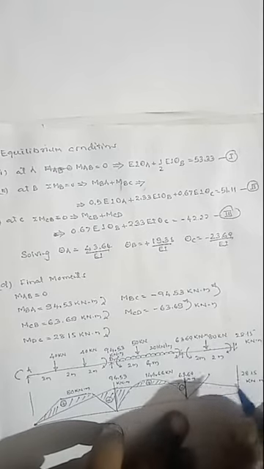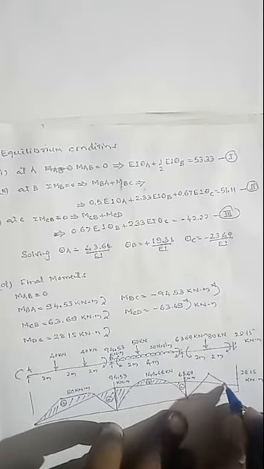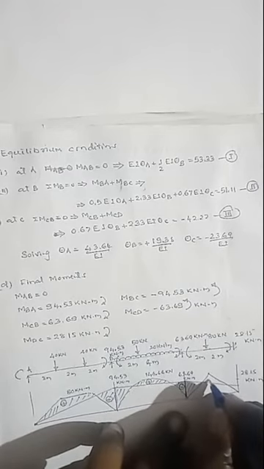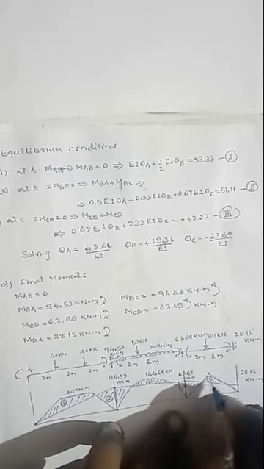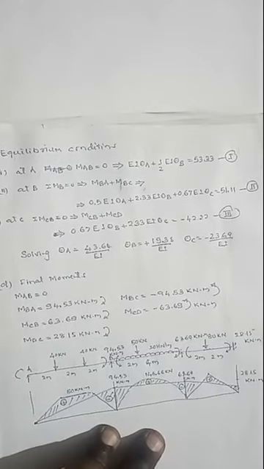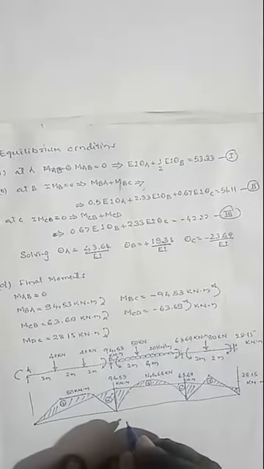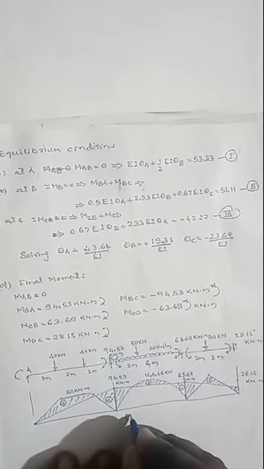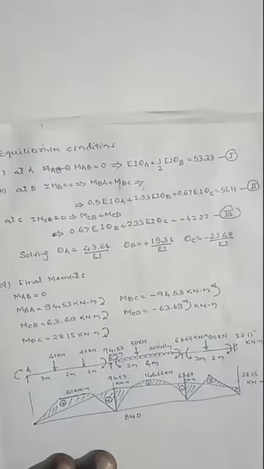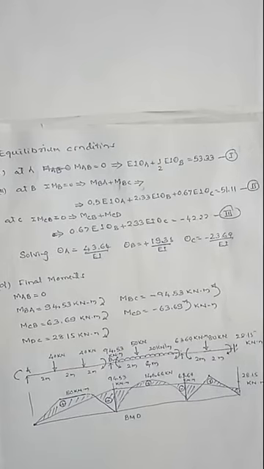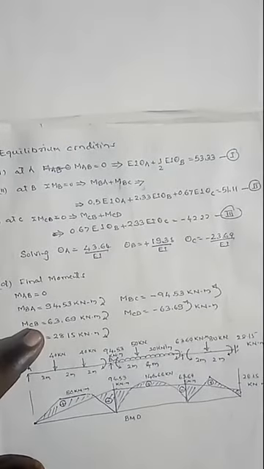The variation of the bending moment is a straight line like this. Here this portion is at support. Usually the bending moment is hogging or negative bending moment. At center it is positive. Then this one is by overlapping both the moments, support moments and the simply supported beam bending moments. This one is the bending moment diagram for this one. Similarly, you can draw the shear force diagram for this one.